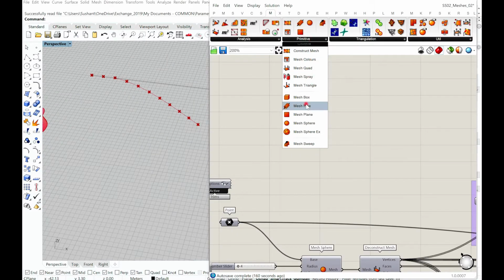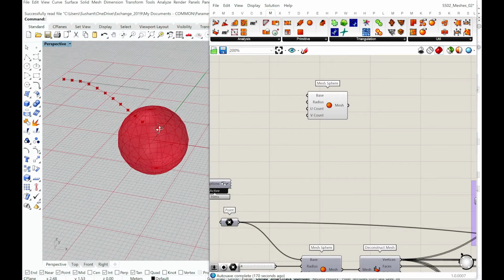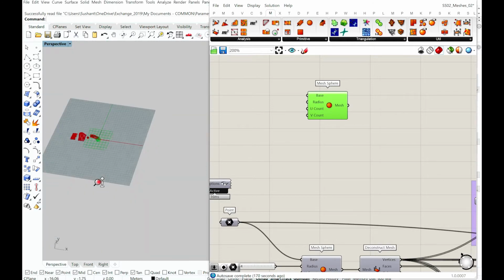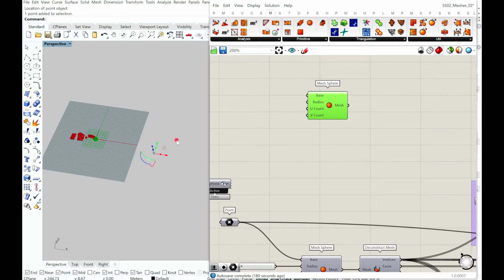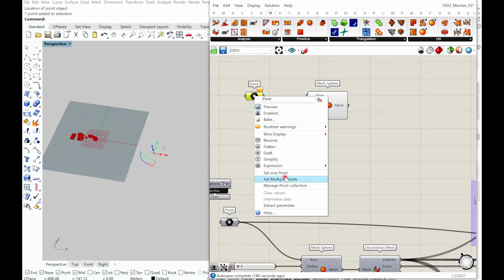There are some existing meshes available, such as a mesh box, mesh plane, mesh sphere, which one can typically use. Let's say I use a mesh sphere. It creates a sphere, which is actually a mesh around a base, and I can choose a particular point where I want to create this. So let's say I create this point and get this to Grasshopper,